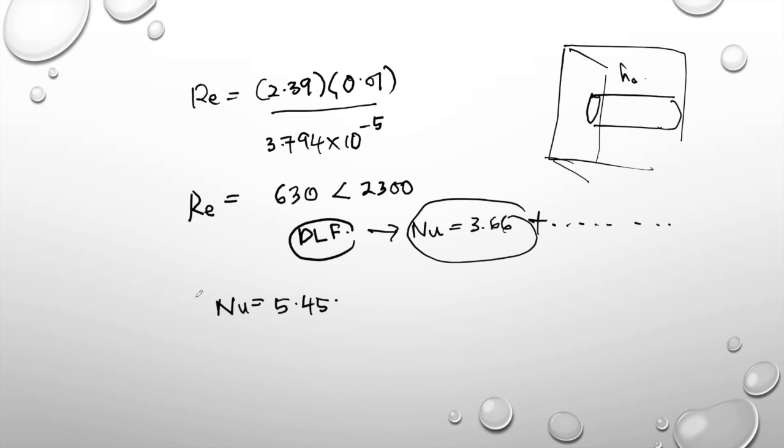Now from here, we have to substitute and equate with Nusselt number h D over k. Now this h is h out, so equal to 5.45. So after rearranging, you will get your h out is equivalent to